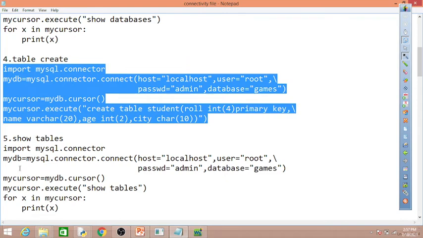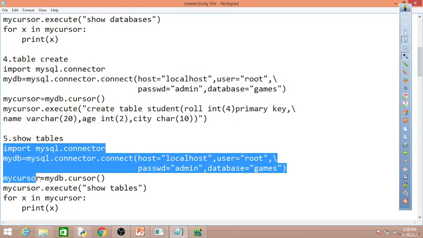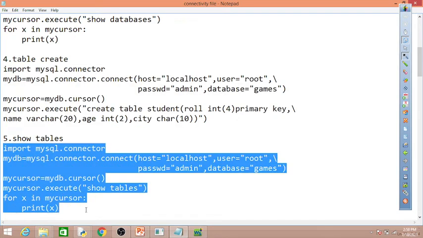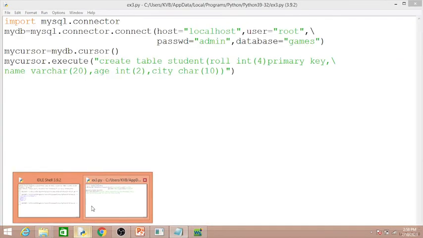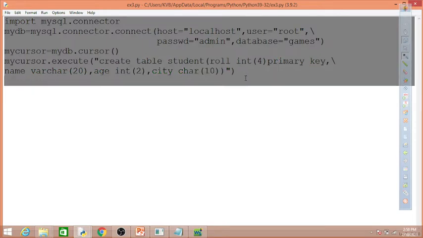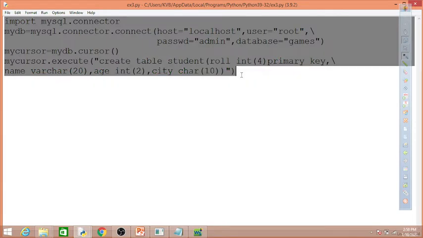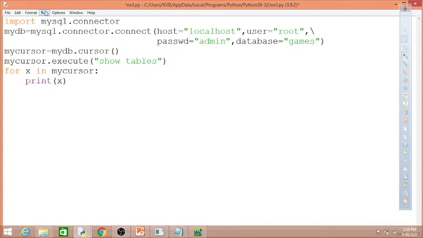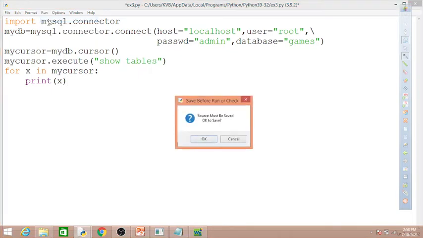So first I am copying this code, and after this, in this file we can create some other new file also, or in the same file we can do it. So here I am pasting this code. You can check, I am now going to run this program.